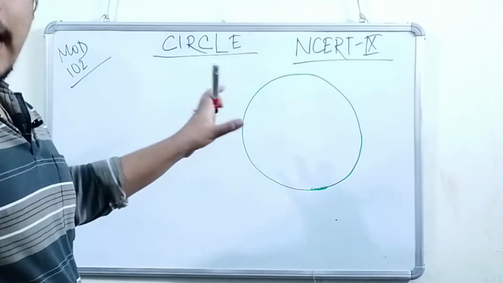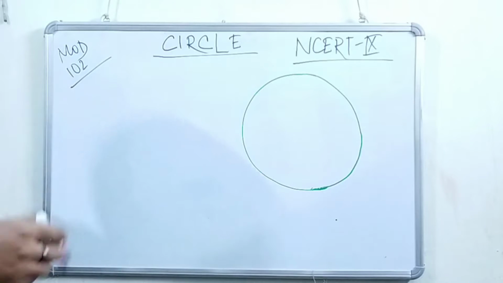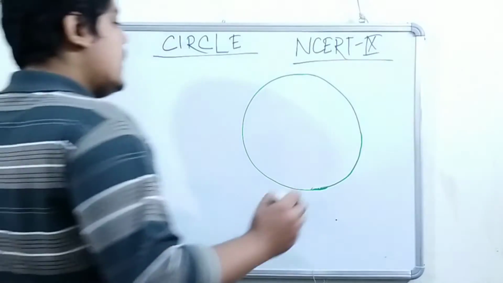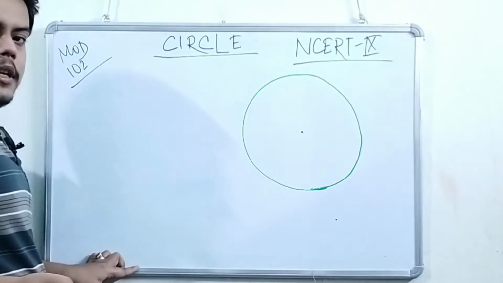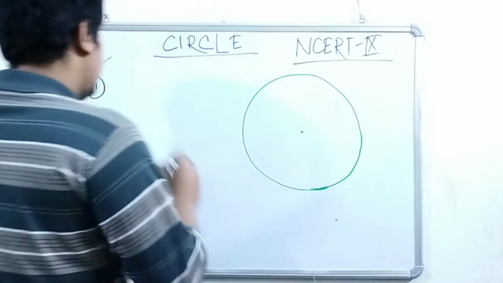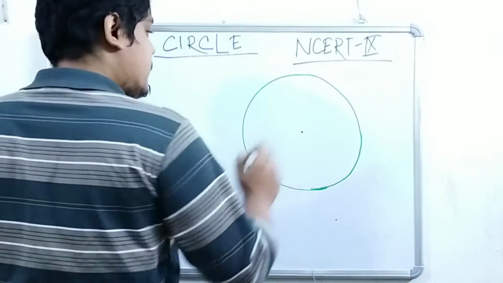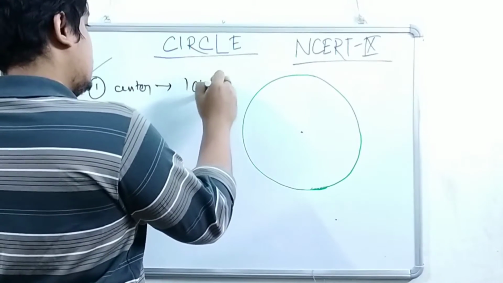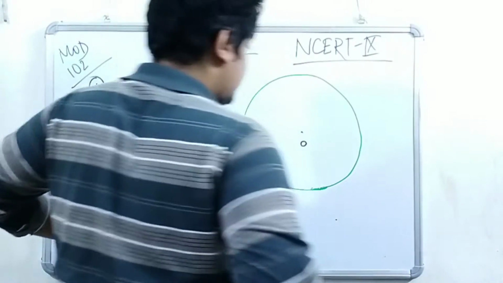Now what we have in circle, first of all, some properties of a circle. These things will come in your MCQ exams, or in your fill in the blanks exam you will get some kind of question on the properties of a circle. The basic property, property 1: every circle should have a center. Let me point it at O.